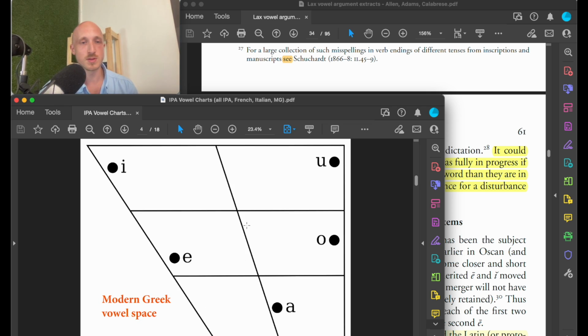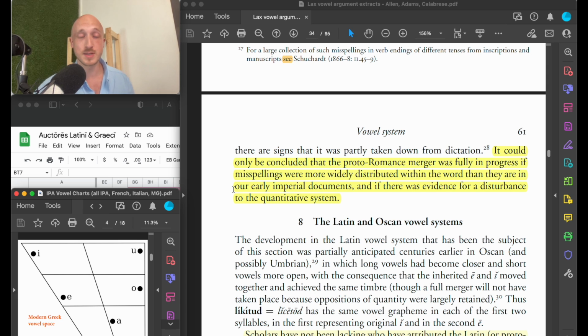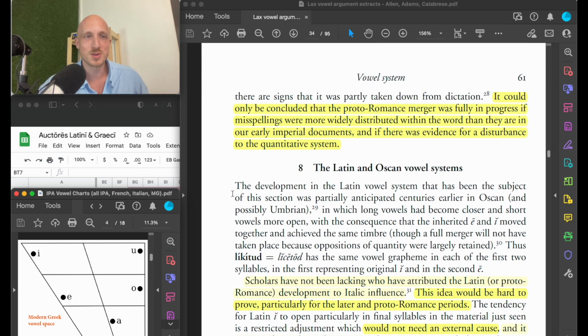So we have something more similar to the modern Greek qualities, plus U, of course. So if Imperial Greek is regularly using iota for Latin short E, it stands to reason that this explanation of the vowel space may be what's going on. And thus, the older inscriptional Greek stuff with lepedos is maybe just demonstrating that back then, the Greeks had a higher E than the Romans, a very slight difference that they could hear, but then they couldn't perceive it anymore because those scribes didn't have it in their native